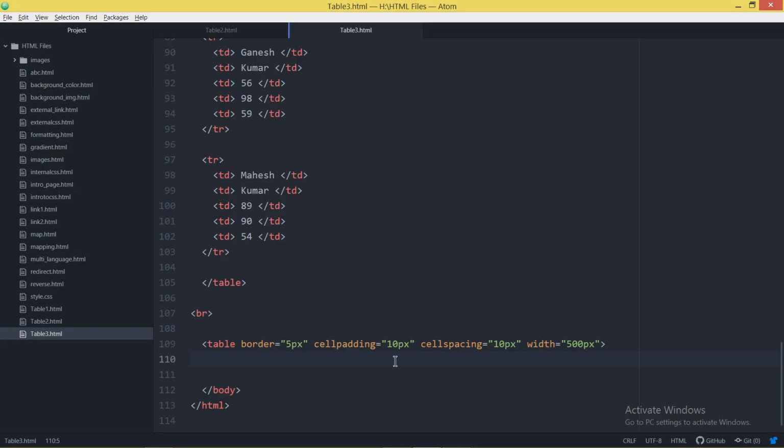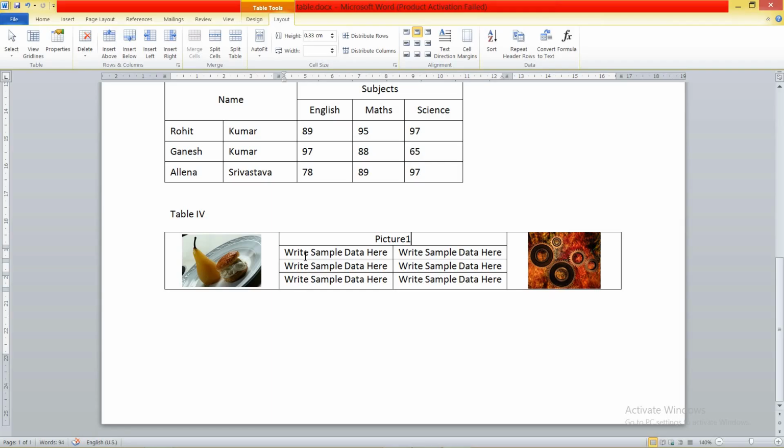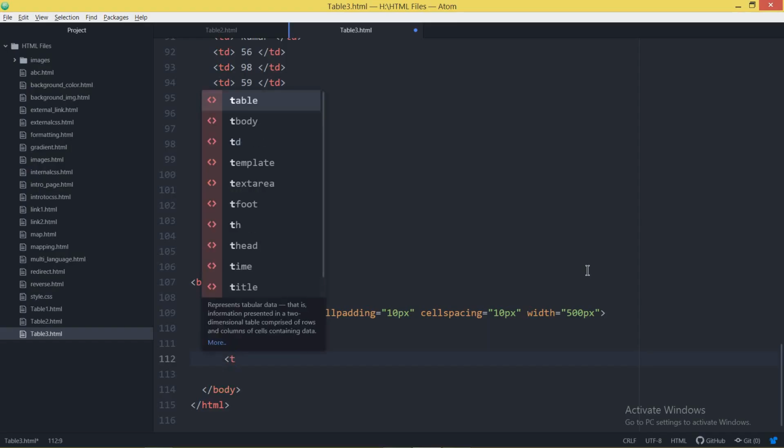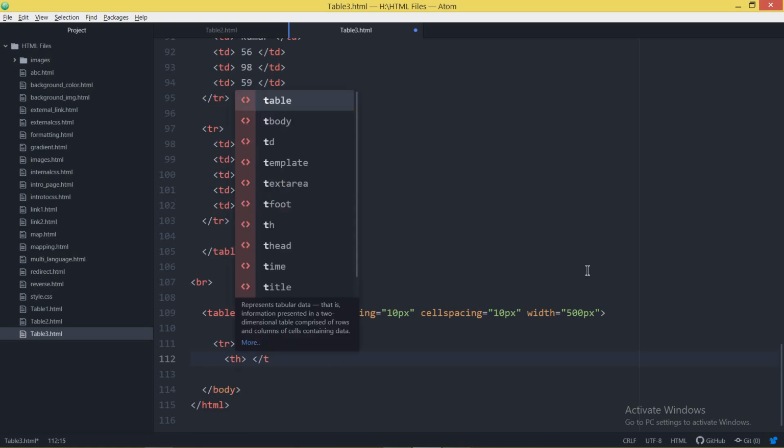After starting the table tag, give the tr tag. This is the tr, the first row I have set. In the first row, as I said, count the number of cells we have. This is the first cell, this is the second cell, and this is the third cell. In the first row we have 3 cells. It means this is the th tag, close the th tag over here.